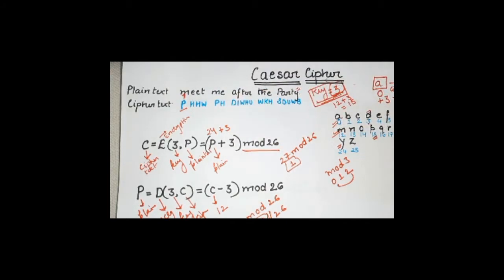That is why we say that for a cryptanalyst, it is easier to perform a brute force attack on Caesar cipher, because it just needs to guess the 25 possible keys, and that's it. So that is why Caesar cipher is a weak technique for encrypting the plain text, because it can be easily broken when we guess the keys. Okay, so moving ahead to the next technique.